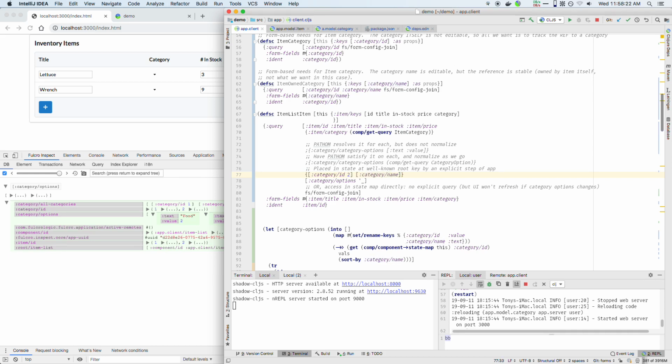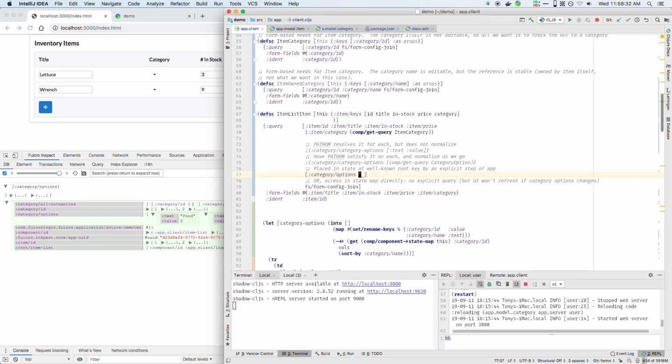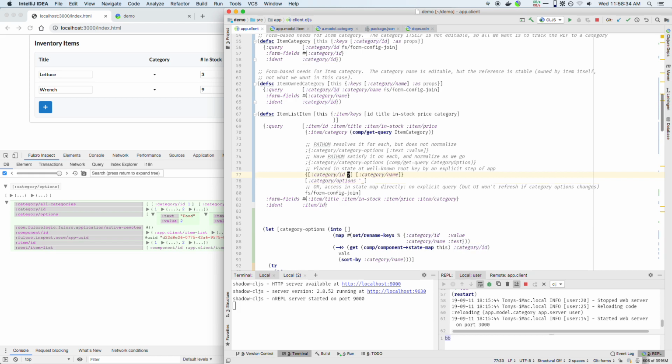That's a perfectly legal thing, but it's very rare to see these in a UI component because you don't know which one you want to pick yet. However, it's perfectly valid to say I want the entire table of categories here. That would prevent me from having to do normalization joins. I could just pull the table in, and then I have a data dependency. So this is actually just a different way of doing this. I could say pull the category ID table in here, and then